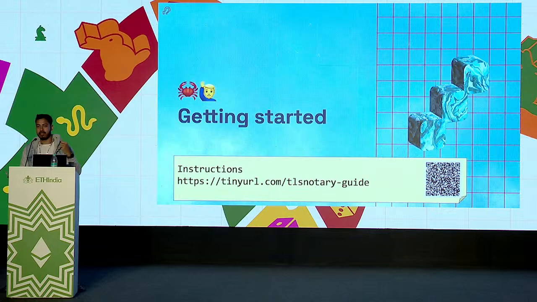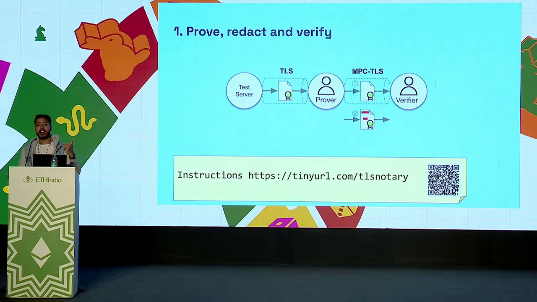You can follow it. I would actually advise you to follow it completely before you start working on TLS Notary. In the hackathon guide, you will have 3 examples, and I strongly recommend completing all 3 of them so that you have a better understanding of how TLS Notary works and how you can integrate it in your project, or if it even makes sense to use it. So prove, redact, verify is basically you prove information from the website, you redact or hide the information, and you verify it to the third person.